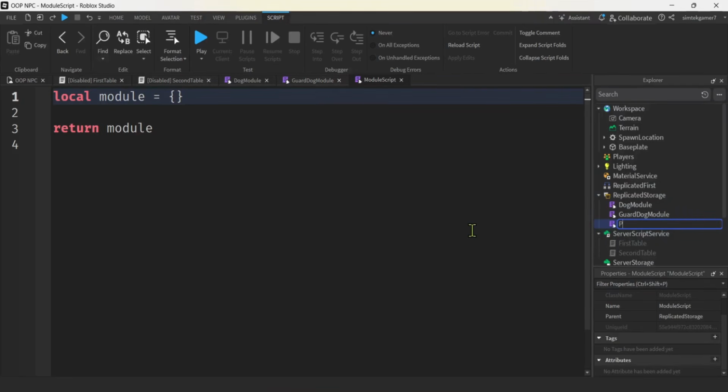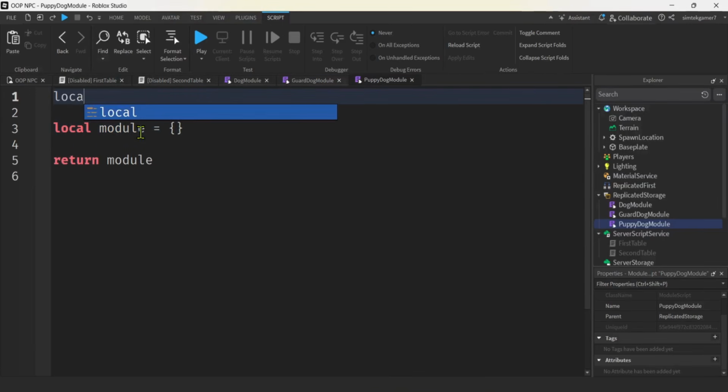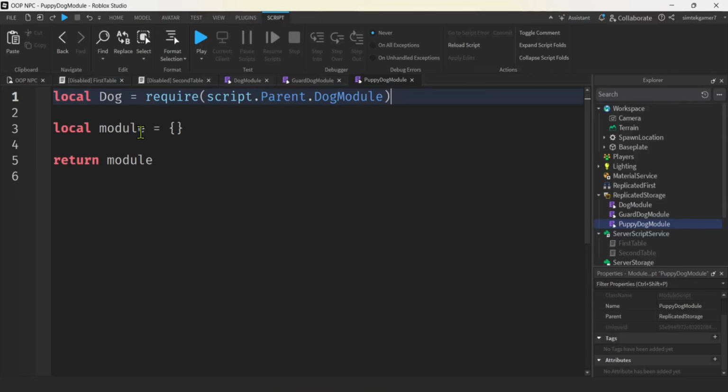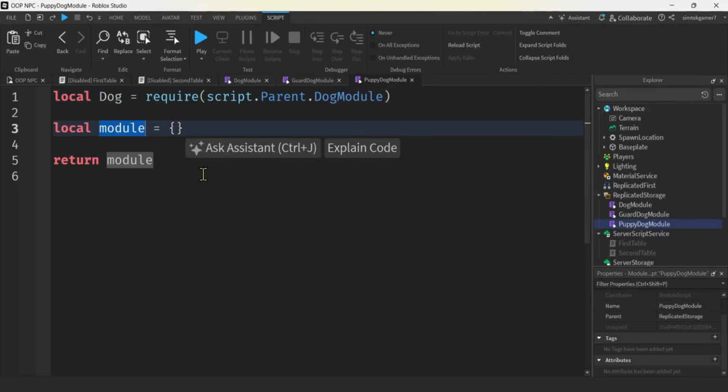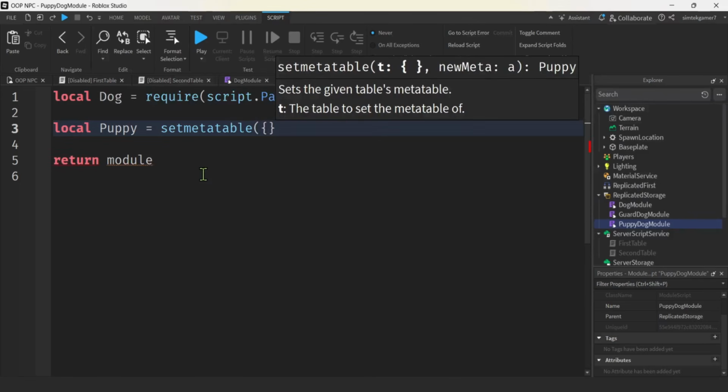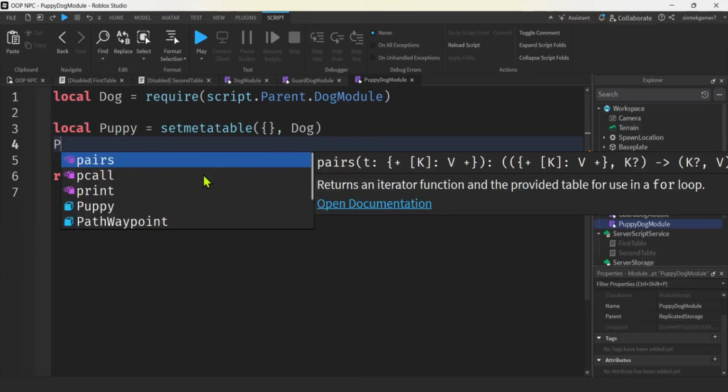So I'll say puppy dog module, right? It's a specialized type of a dog. And we can go ahead, make a puppy class, right? So we'll say, oh, we gotta require our dog first, right? So let's do that. Let's say local dog equals require script.Parent, and then we'll go dog module. And then maybe right here, we'll say puppy, do our set metatable, dog, and now we'll get our puppy